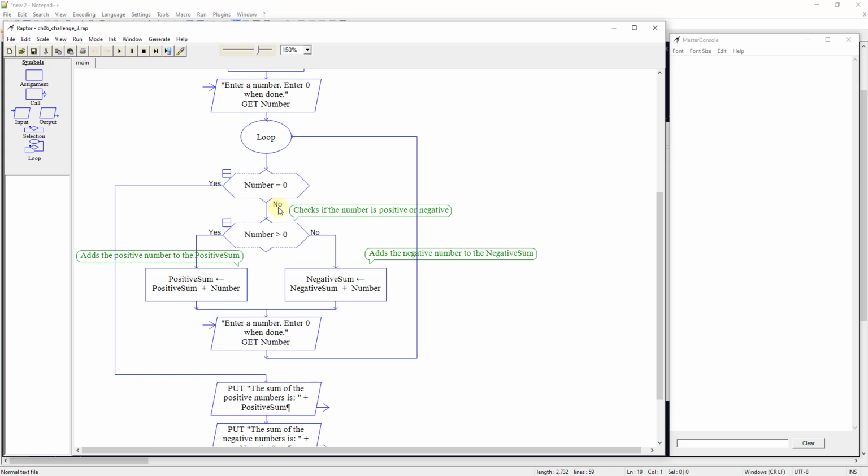If it's not equal to 0, we're going to say, is the number greater than 0? So we're saying, is it 0 in the program? If it's not, we need to check and see if it's a positive or a negative number. If it's greater than 0, we know by logic that it's a positive number. So we come over here and we say, add to the positive sum plus whatever the number is. If it's below 0, which means it's negative, add to the negative sum, whatever the negative sum is, plus the